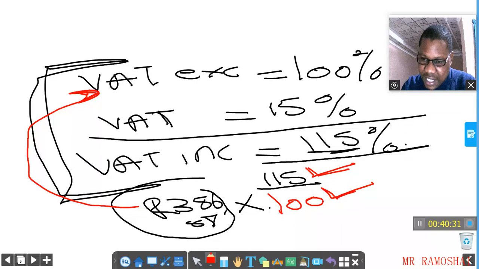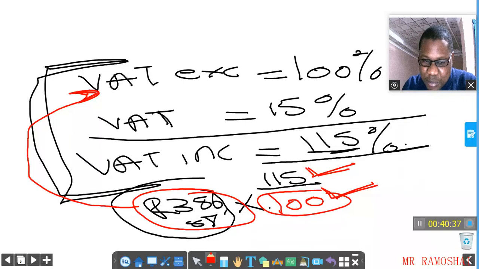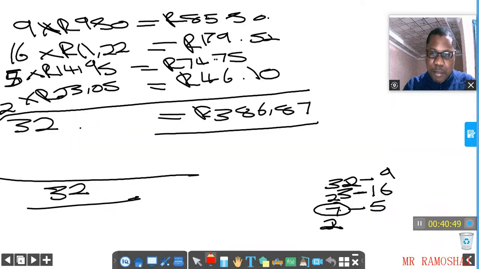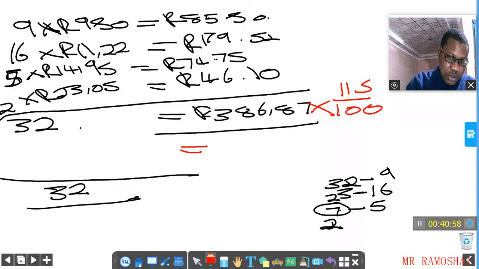This 100 must be the same as this amount. This amount must also represent the VAT exclusive if we are putting 100 on the bottom. Are we clear? So our final answer, we're going to say this one multiplied by 115 over 100, which is